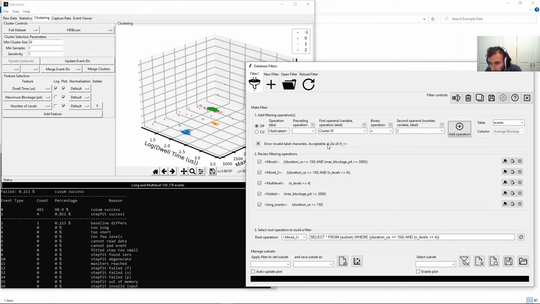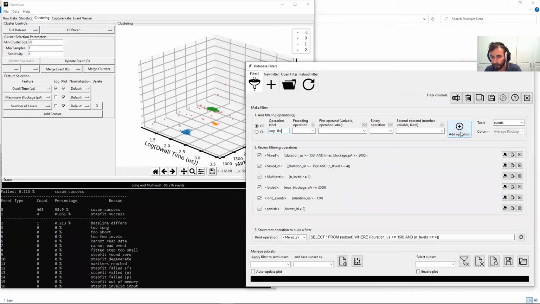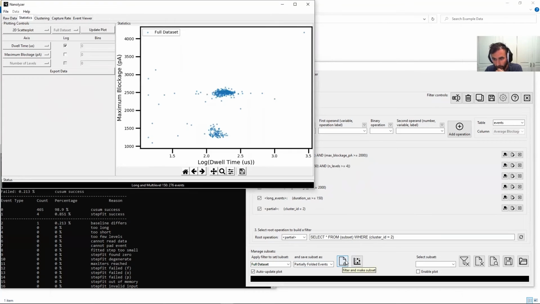And you'll note here that it doesn't like one of the characters I've used. So let's just simplify the name and call it partial, add operation. So partial appears here. Now we select that operation. We have a very simple SQL syntax query. We're going to take our full data set, partially folded events. We're going to tick back our update plot, and we're going to go to the statistics panel here